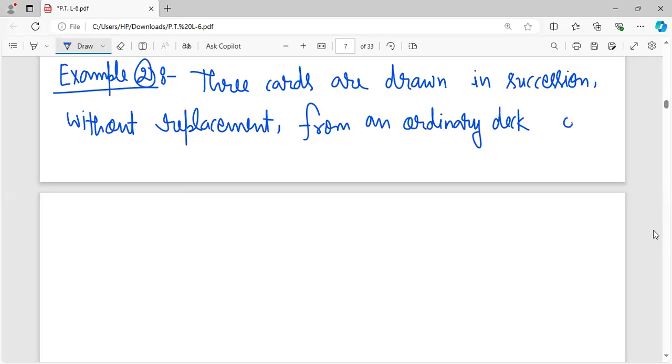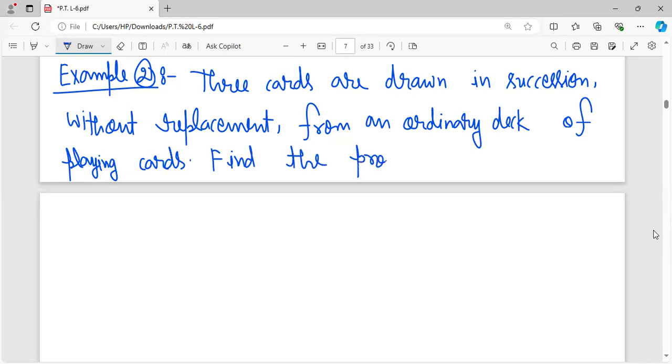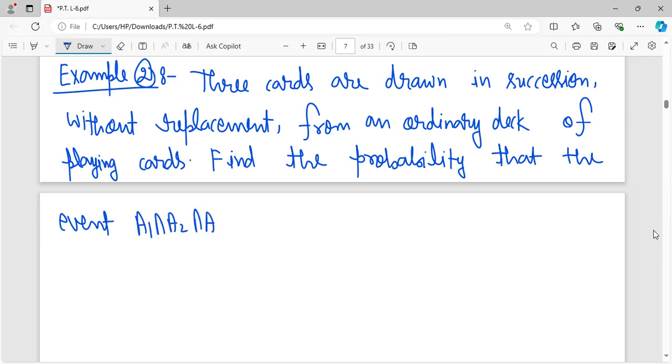Find the probability that the event A1 intersection A2 intersection A3 occurs,